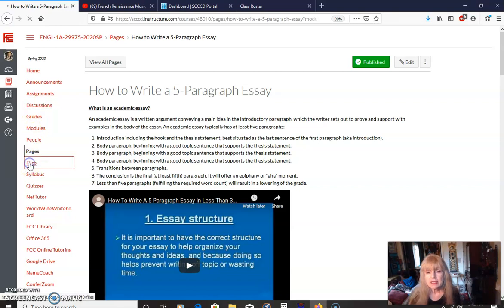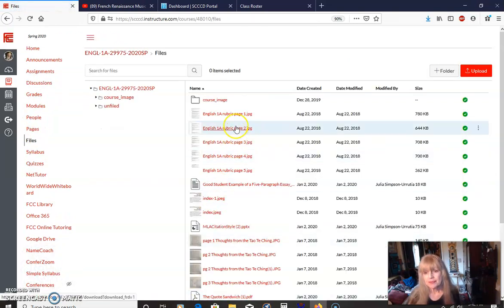All right, files is where you will find things like the rubric, how to get an A or a B or a C, what I look for, pages that I've got in the files that I've also used in the modules, like a good example of a 5-paragraph essay, MLA citation style, scanned pages from the Tao Te Ching in case you don't have the book and you want to get started. Although I believe on the questions for the Tao Te Ching, I gave a link where you can find the exact stanzas, the verses that we use. But it's here too. So only when I tell you, I'll put a link there. I'll do my best to put a link there